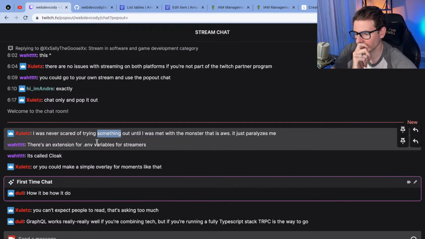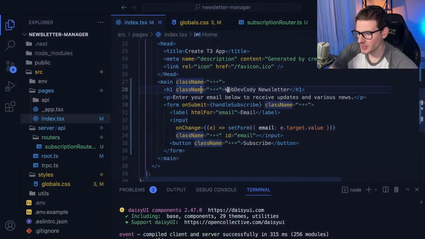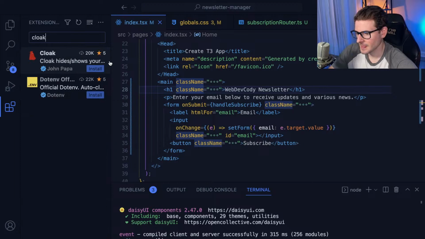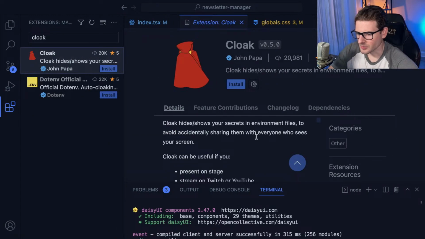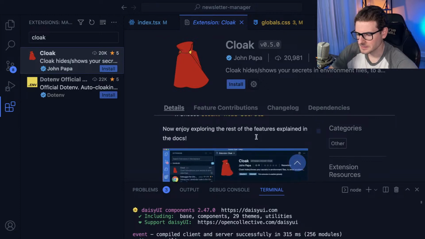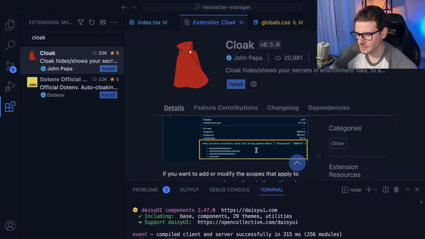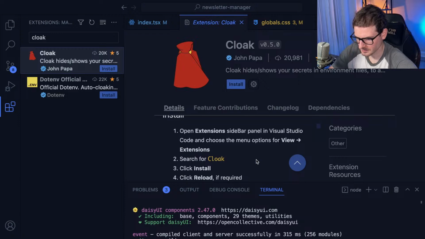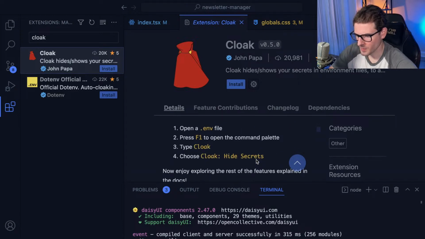There's an extension for .env variables for streamers. It's called Cloak. Okay, let's check that out. It hides your environment variables. How does that work? Open an .env file.